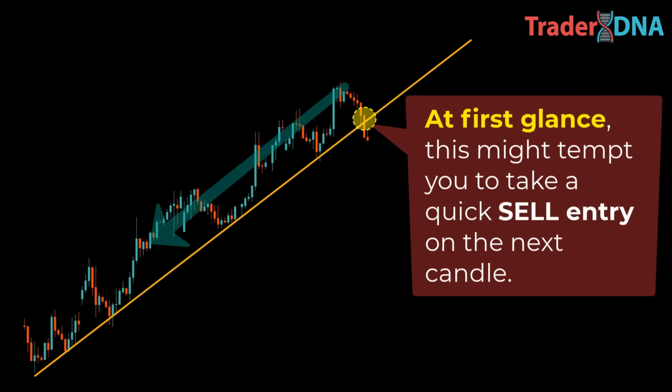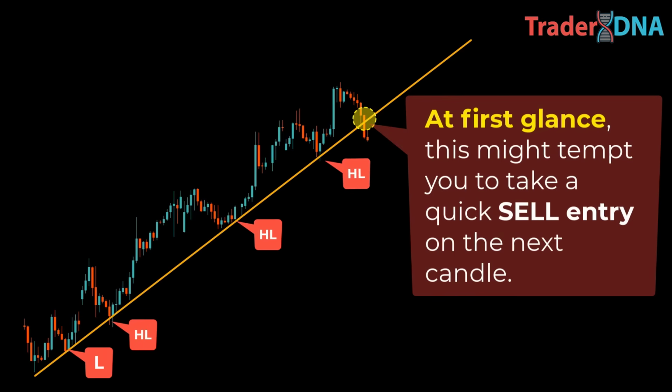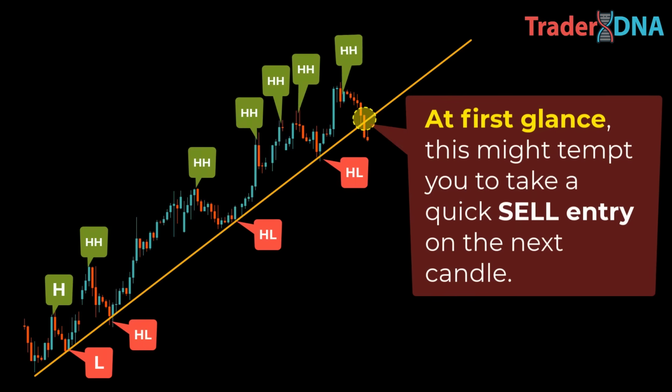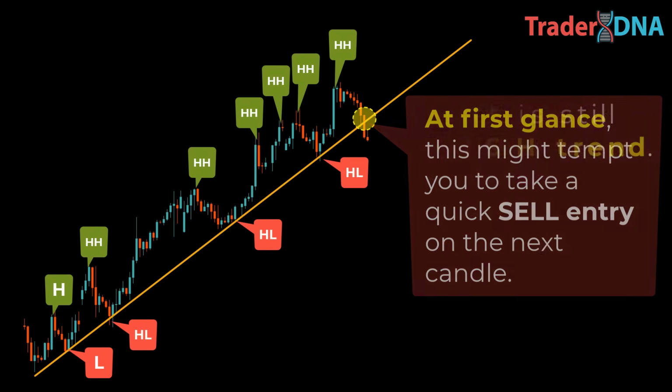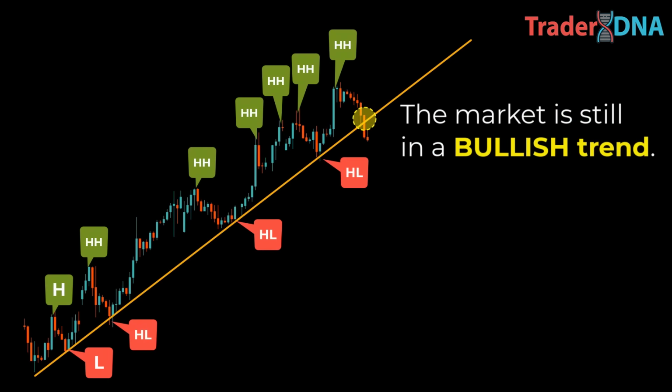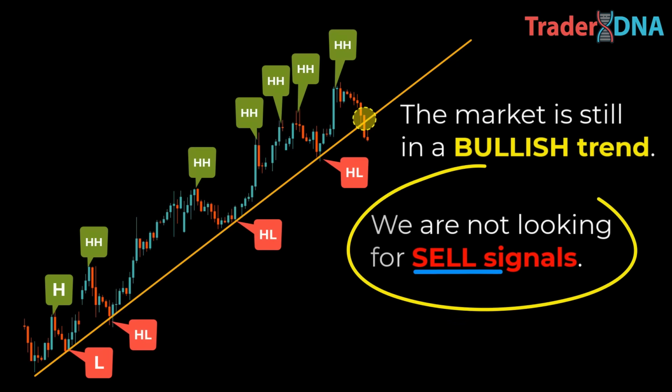When we analyze the price history on this chart, we can clearly identify a series of swing lows. And on the flip side, we also see a series of swing highs. This tells us one very important thing. The market is still in a bullish trend. And in a bullish trend, we are not looking for sell signals. What we should be watching for is the formation of a new higher low, because that's where high probability buy